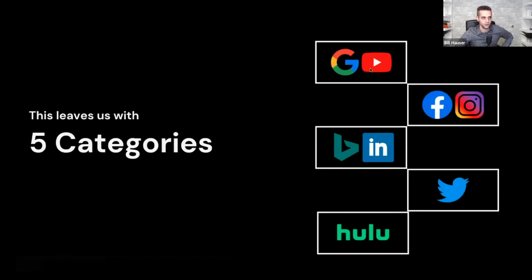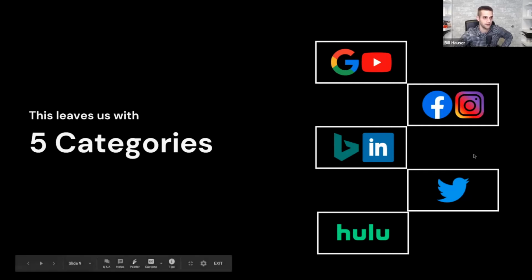We got the Google YouTube bucket because Google owns YouTube. We have the Facebook Instagram bucket, because Facebook owns Instagram. By the way, you control your ads on Facebook's ad interface as the ads you show on Instagram, okay? So you don't need to go on Instagram to show ads on Instagram. You can just do it right through Facebook. Same thing with Google. You go right through Google to show your ads on YouTube, okay? Then we have the Bing and LinkedIn bucket, which is owned by Microsoft, and then Twitter and Hulu, which really doesn't get results for lawyers, okay?